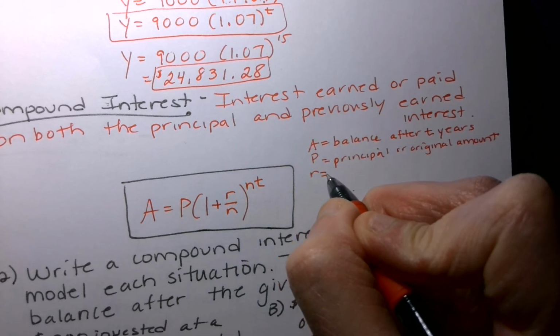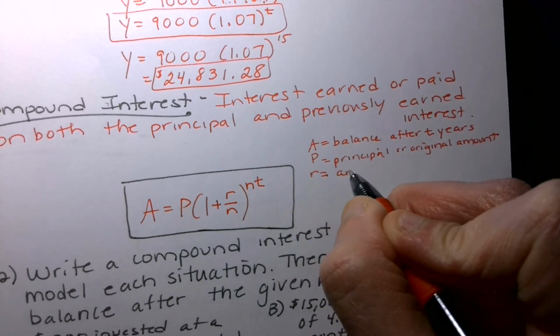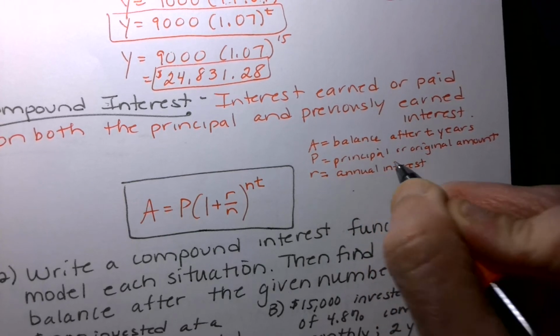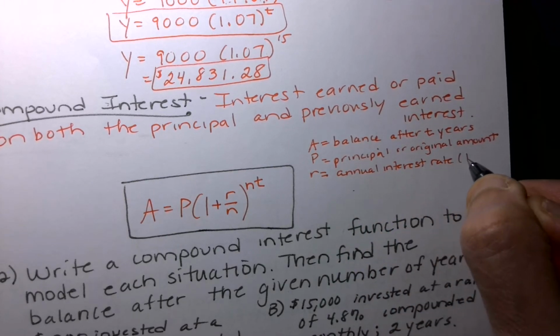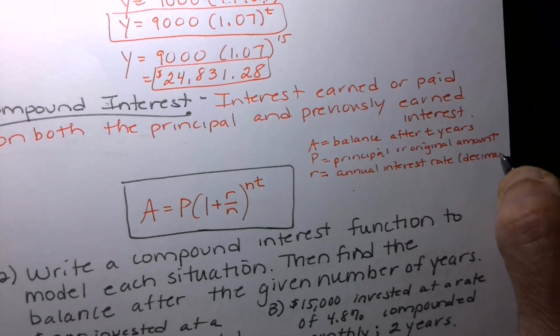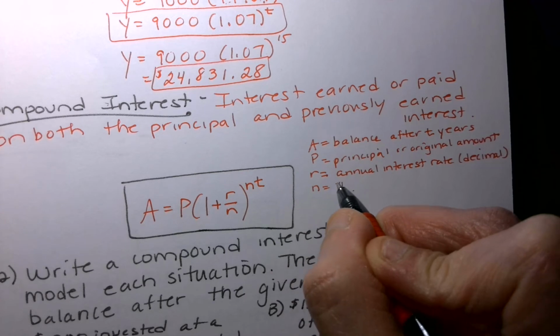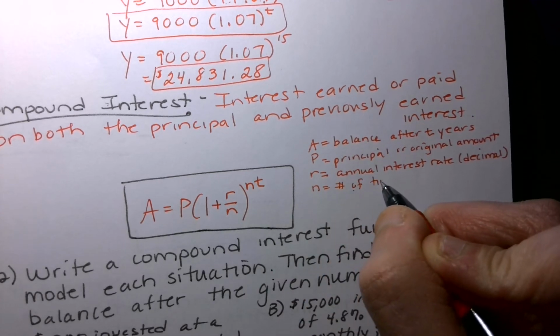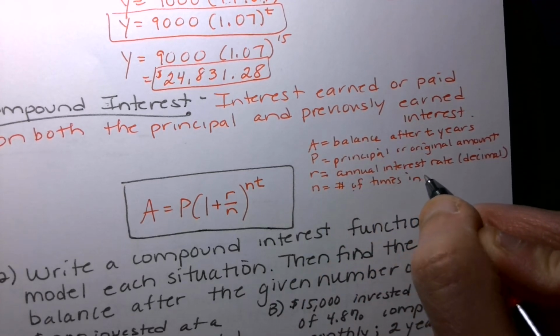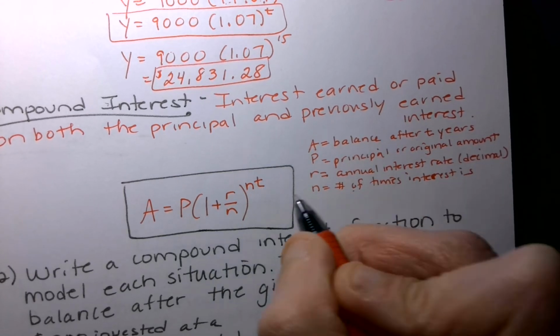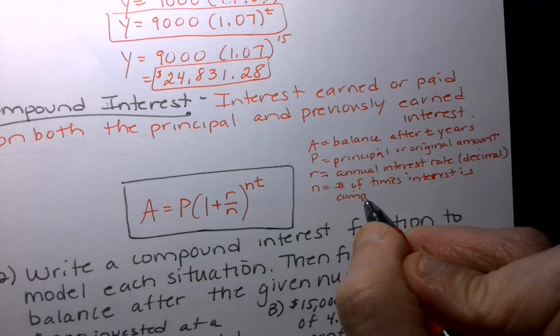R is the annual interest rate. And just like above, we want that to be in a decimal. N is the number of times interest is compounded